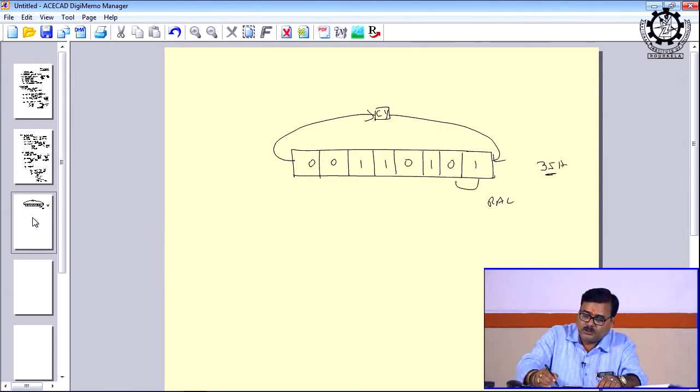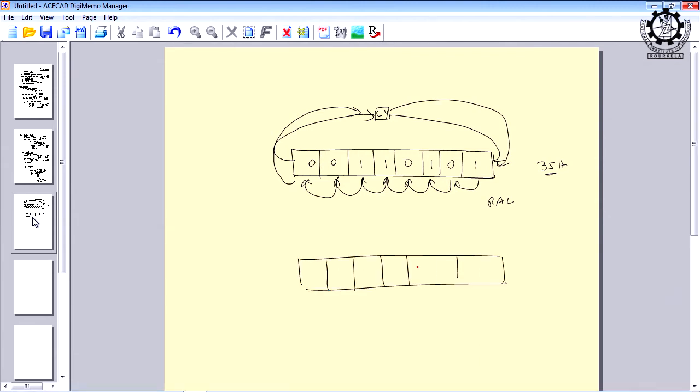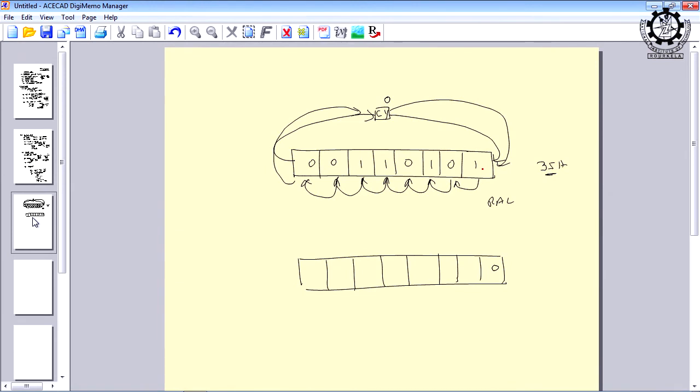According to this instruction, each bit will be shifted left by one position. Is it okay? Then what will be the value? Assume that the previous status of the carry flag is 0. Initially it will have some value, either 0 or 1. Assume that it is 0. Now this 0 will occupy this place and this 1 will be here: 1 0 1 0 1 1 0, and this carry flag will again be 0. Suppose this is 1, then the carry flag will be 1. So, the leftmost bit position which is left out will be transferred to the carry flag.